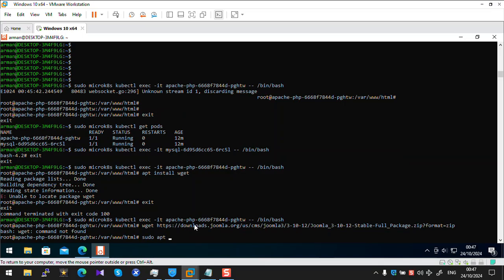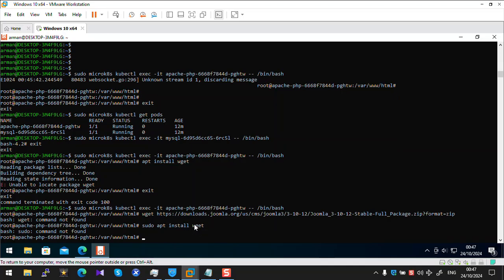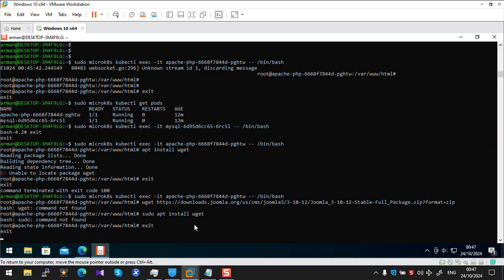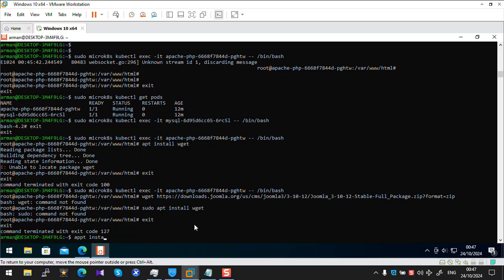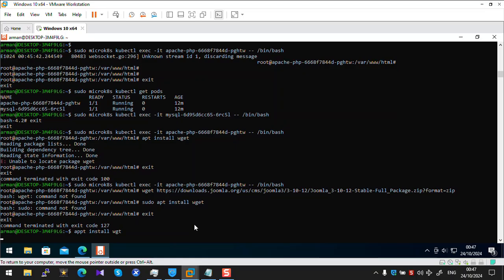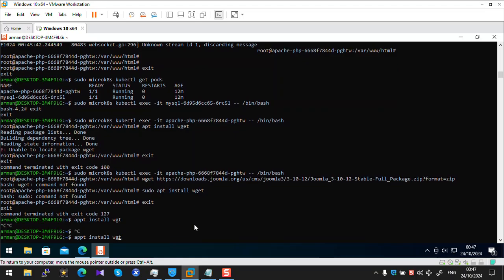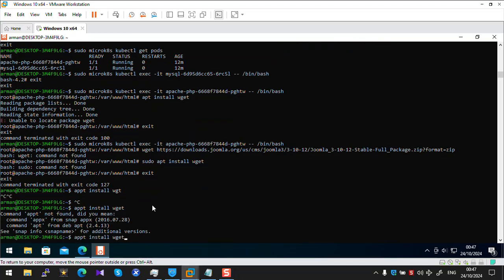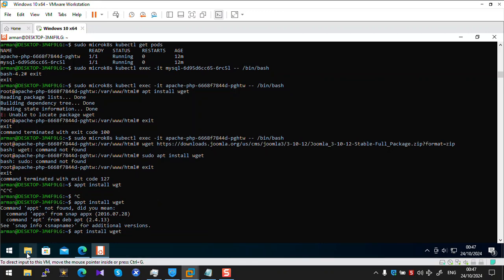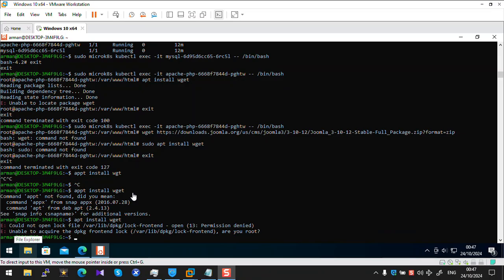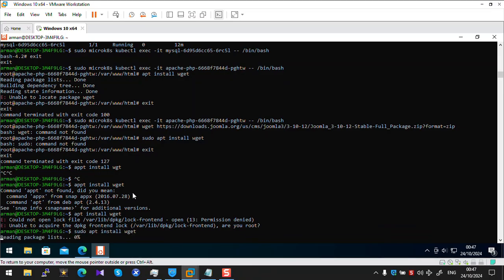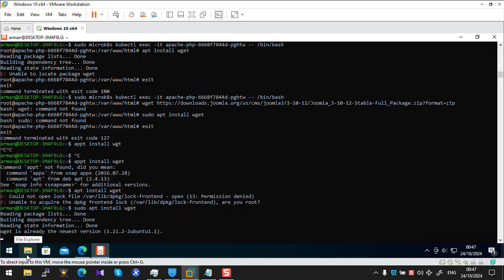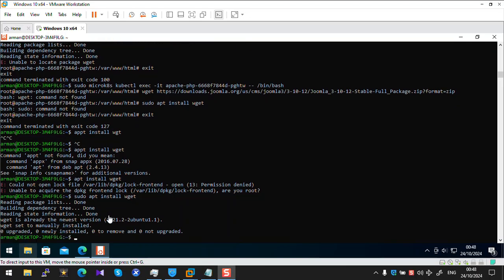Sudo apt install wget, not work. Exit, apt install wget here. Apt correct, and install wget command with sudo, and wait to complete install wget,